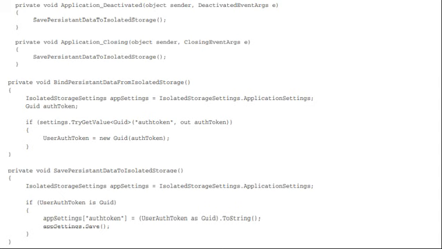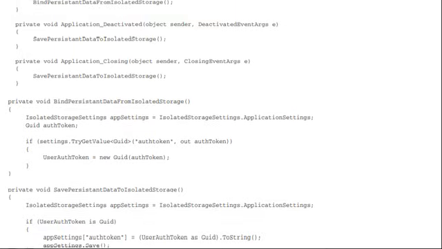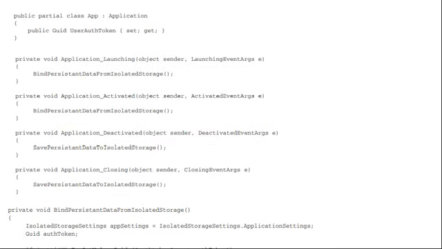Okay, then similarly the next part here, we said the calls. What are the calls? Here we saw the different calls. That is nothing but application launch, application activated, deactivated, and closing.